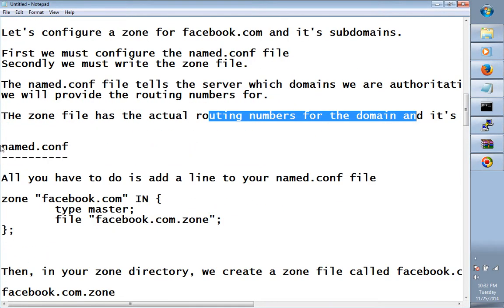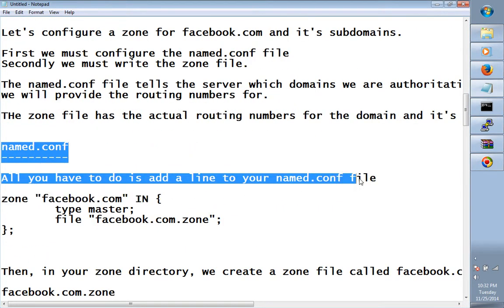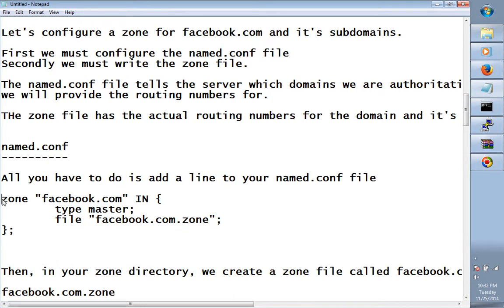In the named.conf, all you have to do is add a line to your named.conf file that says zone facebook.com. That's the domain name that you want to be authoritative for. This is the domain name you want to block. And you say it's a master domain. You're not going to get information for it from anywhere else. It could be master or slave. Master means that's the master copy. And then the file on disk in your var directory,